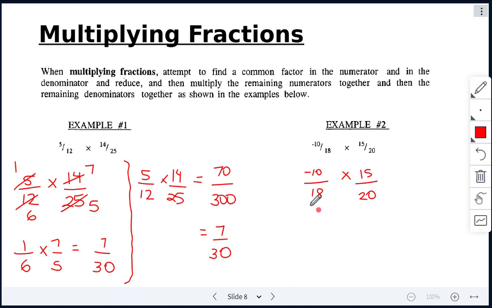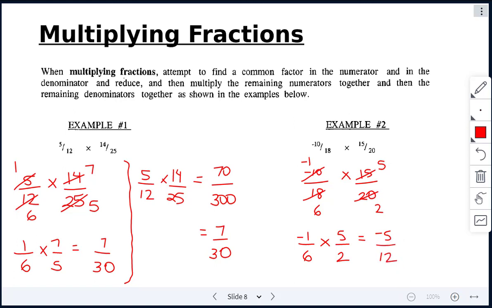I'm going to reduce these two. So 18 divided by 3, I can reduce by, this gives me 6. This will give me 5. And then here, I'll divide by 10. Negative 10 divided by 10, that'll leave me with negative 1. And then 20 divided by 10, that leaves me with 2. So now I've reduced my fraction, so it looks like this. 1 over 6 times 5 over 2, which gives me negative 5 over 12